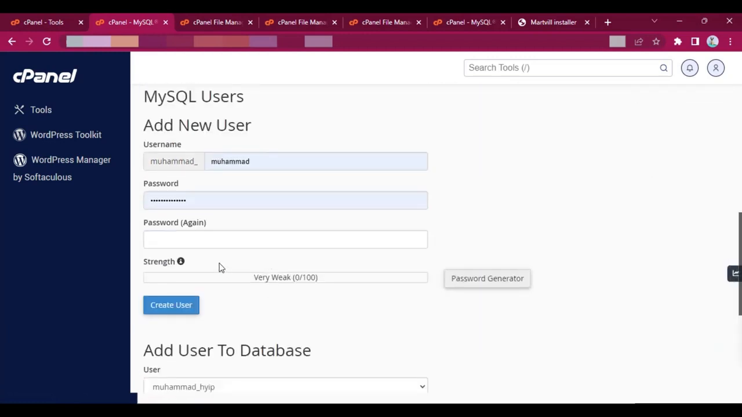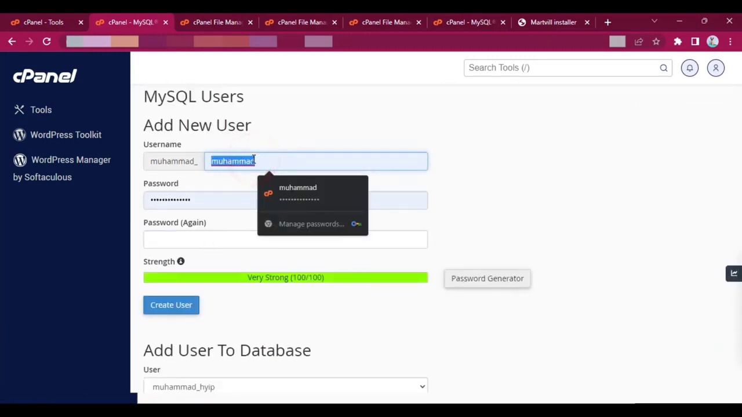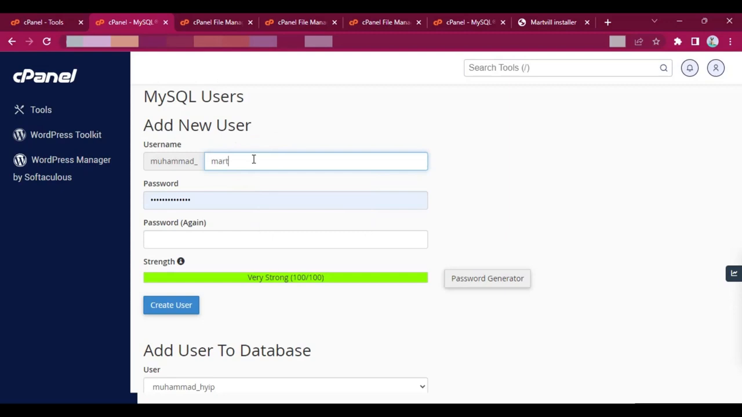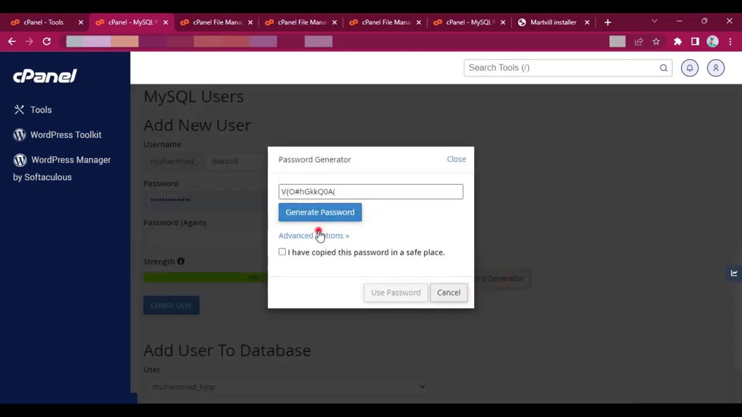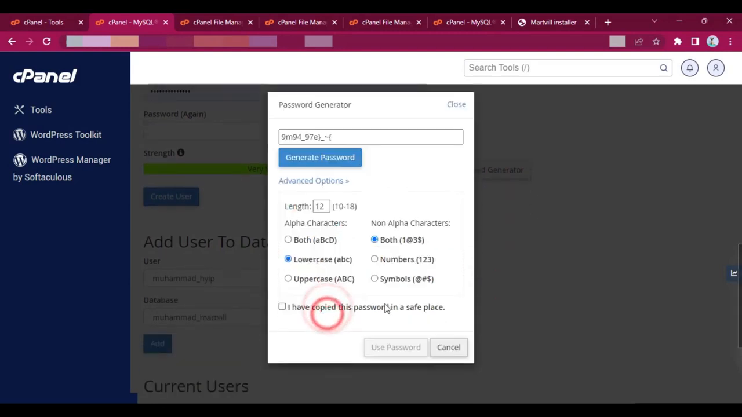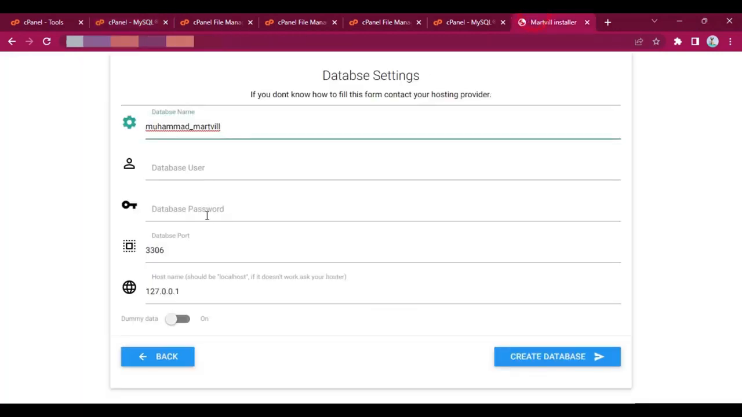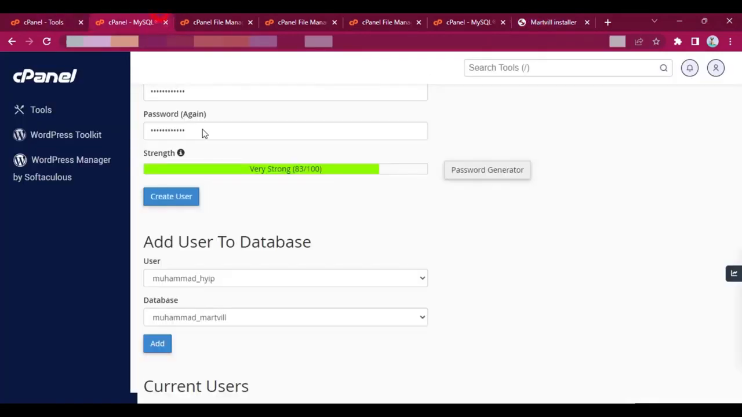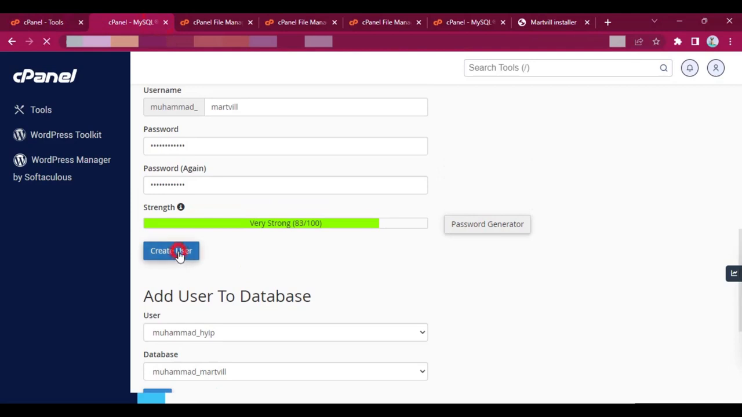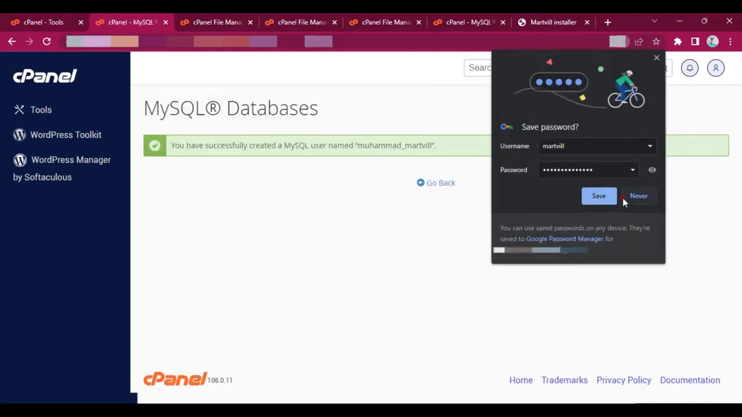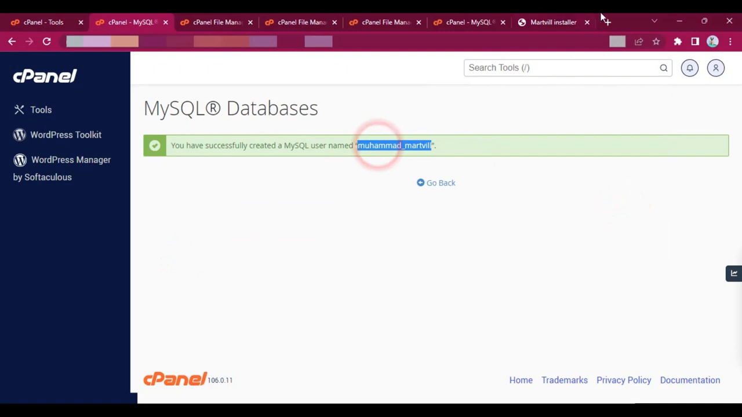And now I'll go back. I'll create a database user, which should be again Martvill, and for the password, I'll generate a new password from here. I'll copy the password. Yes, I have copied. This will be the password, and create user. I have created a new user,